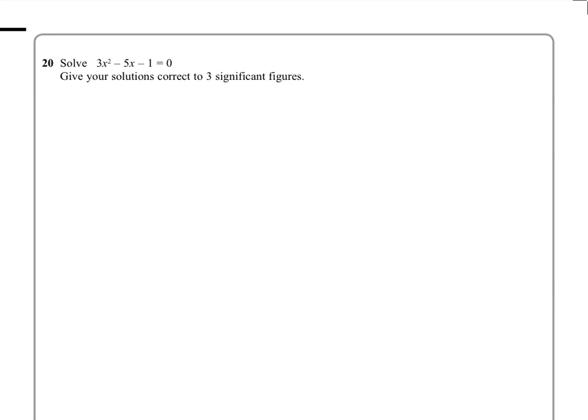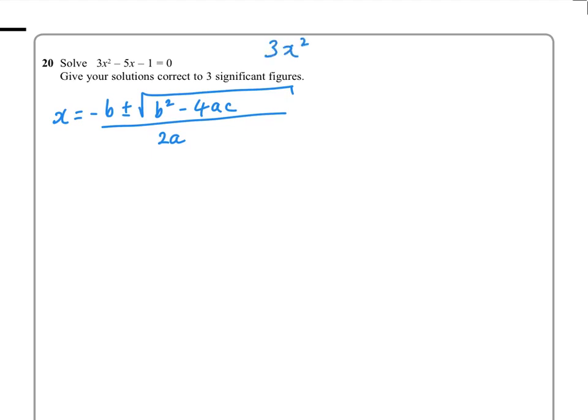I would say the most popular ways would be completing the square or the formula. So probably the quickest way would be to use the formula that's given, and you get minus b plus or minus the square root of b squared minus 4ac all over 2a, and you can find that on your formula sheet. And if you look at 3x squared minus 5x minus 1, then a would be 3 in this case,